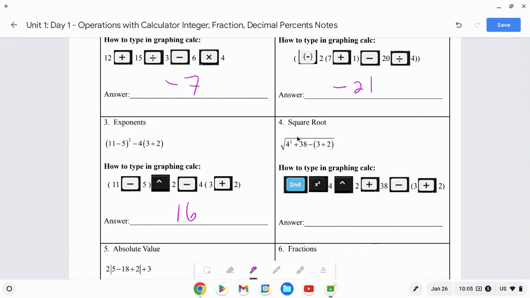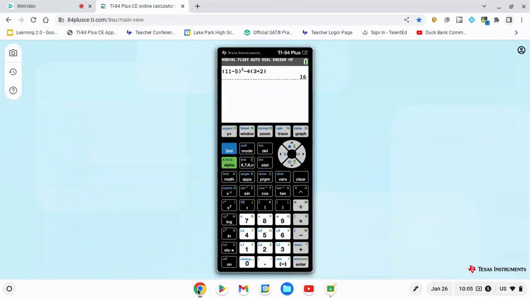Next, we're going to talk about how to type in a square root into the graphing calculator. So if we go back to the calculator, I'm going to hit clear. To get a square root symbol, you type the second button, which is this blue button here in the upper left-hand corner, second. And then right above the x squared, you'll notice in blue, there's a square root. So because I hit the second button, now it's going to give me whatever's in blue on these buttons here. So hit the x squared button to get that square root